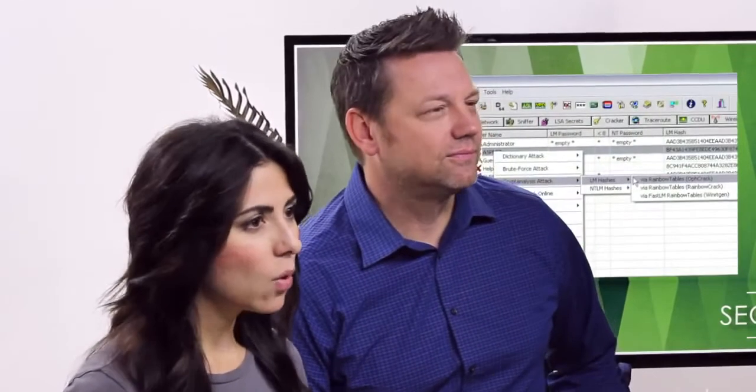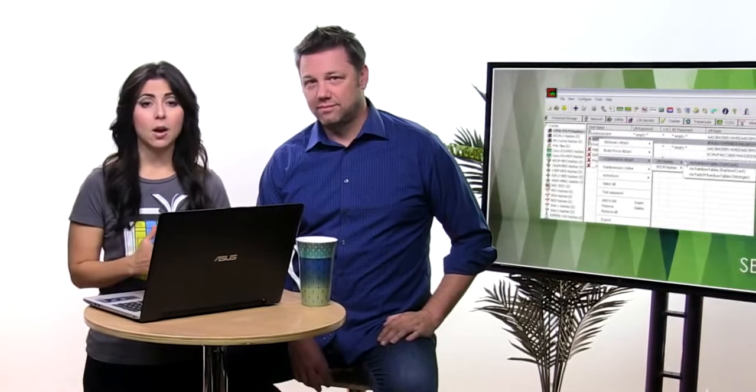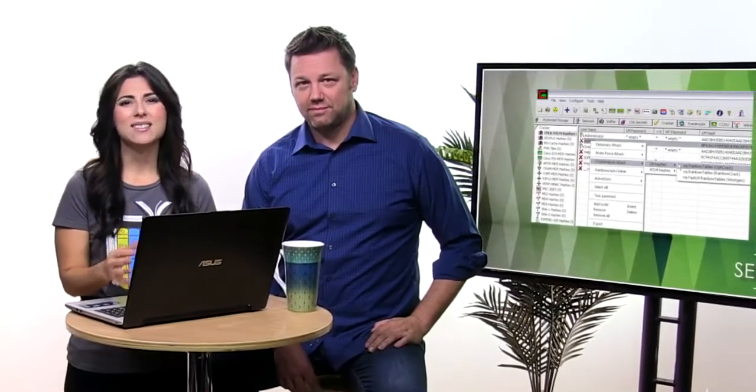Cain and Abel is one of those tools that can perform all these password cracking techniques under one roof. Notice that it can perform a dictionary attack, brute force attack, or a cryptanalysis attack utilizing the rainbow tables. We can easily understand how the use of rainbow tables reduces the amount of time that it takes to crack a password. A rainbow table also has a significant reduction in the amount of space required to store these hashed passwords. As an example, in a standard format, it can take as much as 417 terabytes of space to store every possible combination of 7-character passwords.